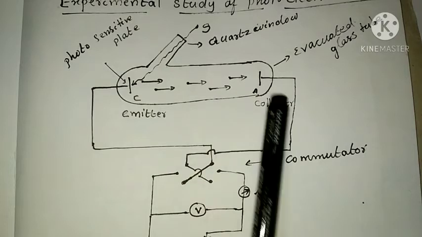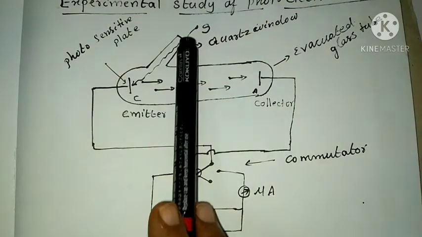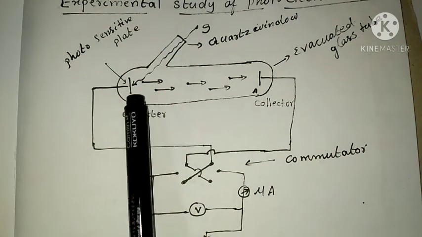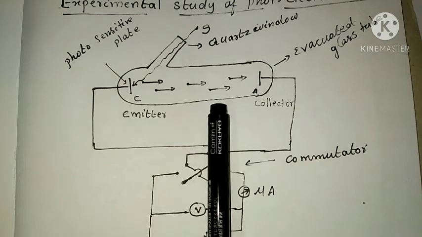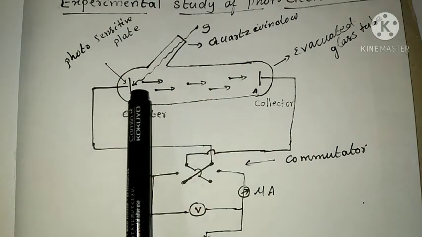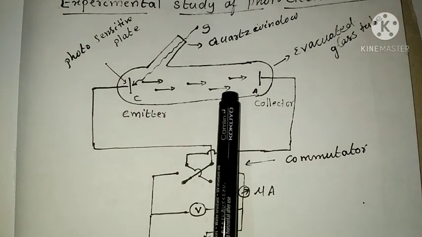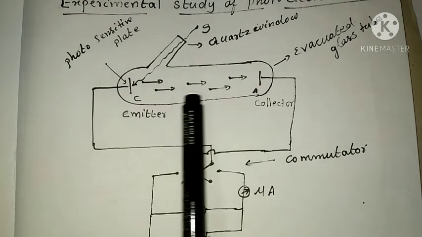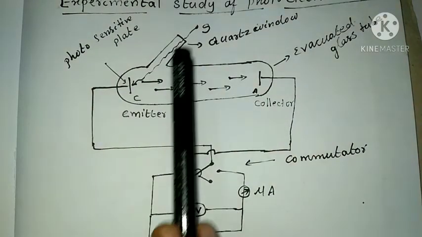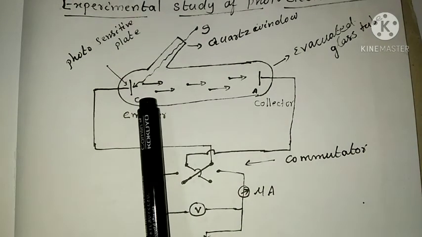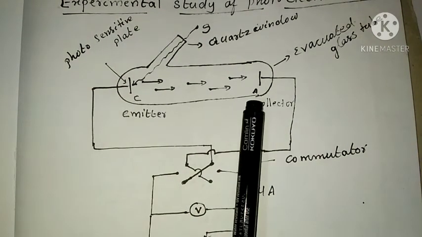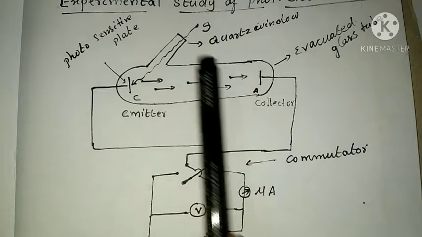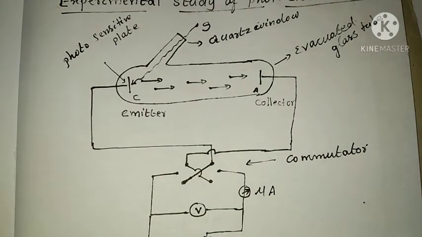The photocurrent is directly proportional to the number of photoelectrons emitted per second. When the intensity of incident light increases, the number of photoelectrons emitted per second increases. Isn't it? When intensity decreases, the number of photoelectrons emitted per second decreases. So photocurrent is directly proportional to the number of photoelectrons emitted per second, and the number of photoelectrons emitted per second is directly proportional to the intensity of the